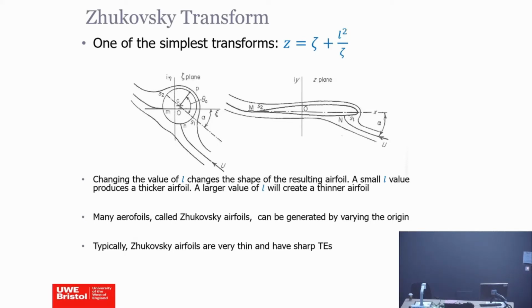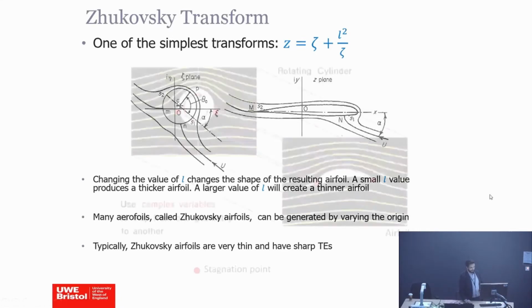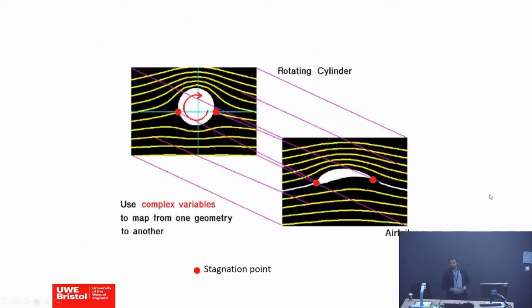And they all do the same. They go from a flow around the circular cylinder to try to represent flow around an airfoil. And if you read textbooks, if you have patience enough to go through the pain of the complex analysis, then you can see there are quite a few transforms. And I thought I'll give you this picture, which I stole from the NASA website, which actually shows you, now